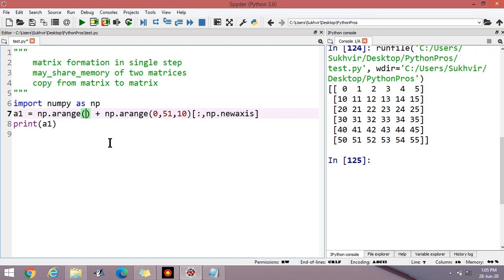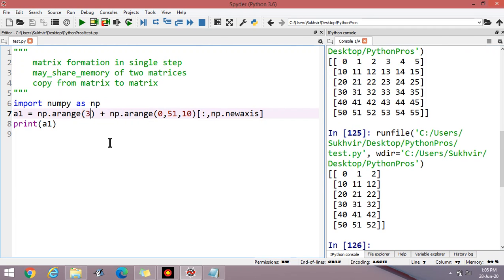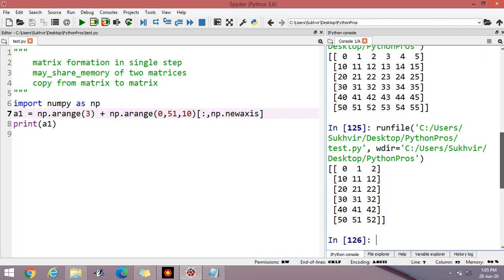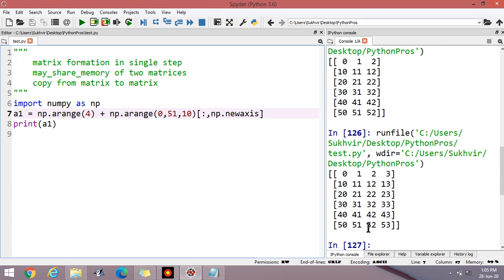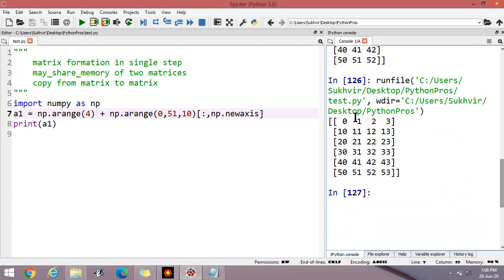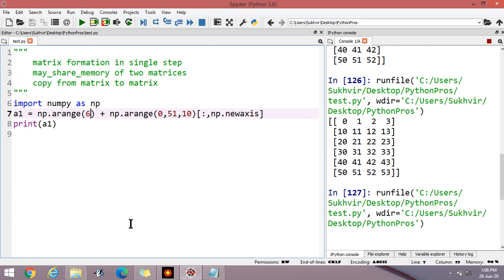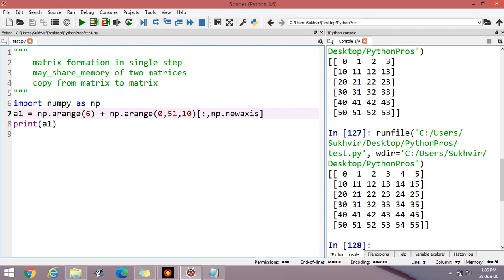If I write 3 here, the first value is 0, but the total values are 3. The next starting value is 10, and total values are 3, it means 10 to 12. If I write 4, it means only 4 values are there. If I write 6, it means the 6 values are there from 0 to 5.